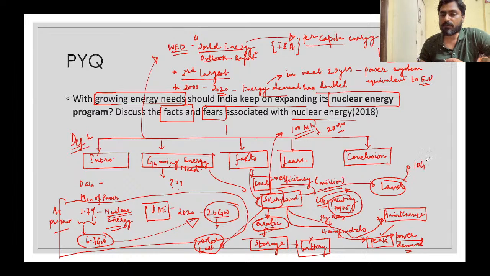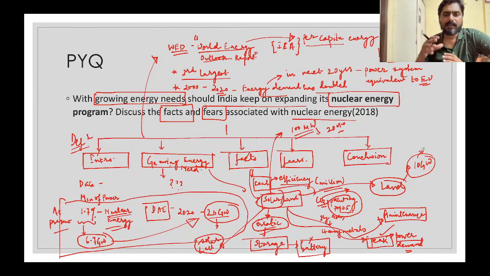10 gigawatt of electricity, this much electricity can meet the requirements of a city three times the size of Delhi. So one nuclear power plant has that much capacity, and the land area would be much smaller compared to solar. So that is the advantage. When you are stating facts with respect to nuclear energy, these are the things that you can point out with respect to coal.